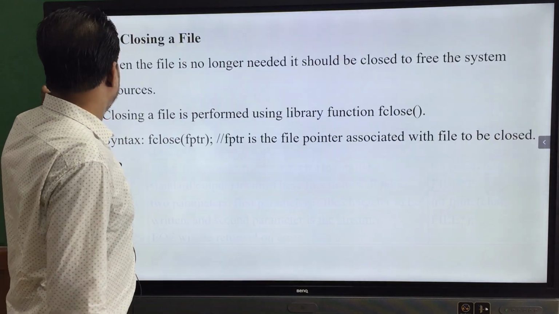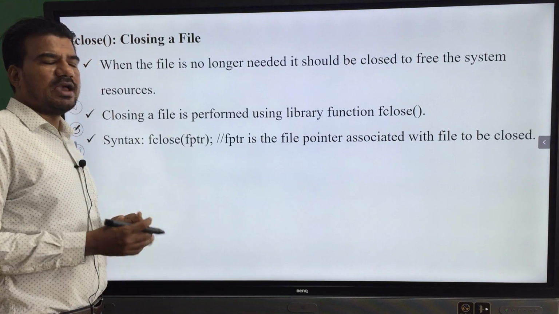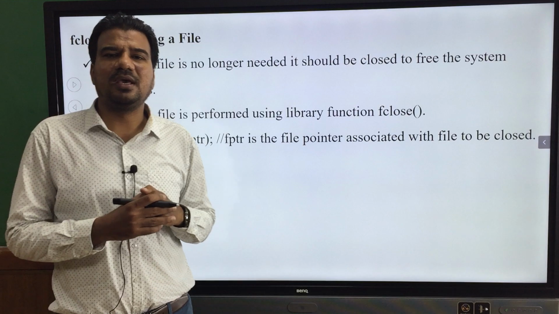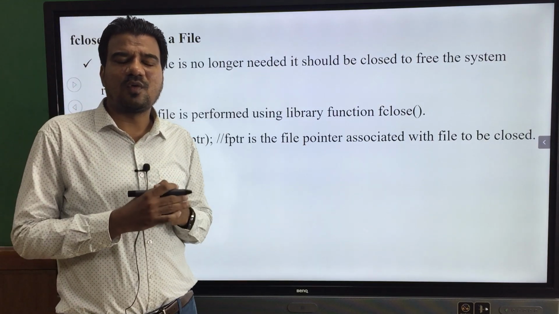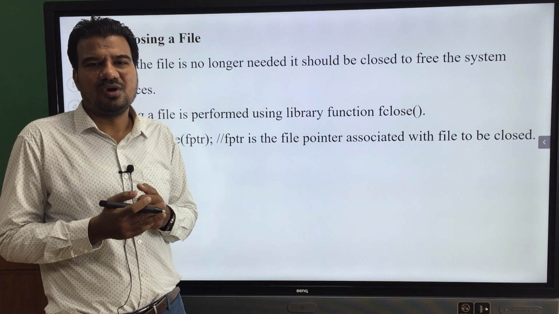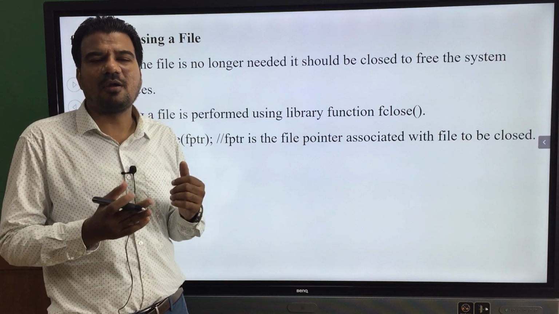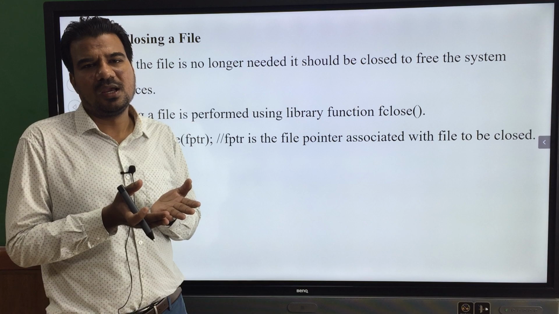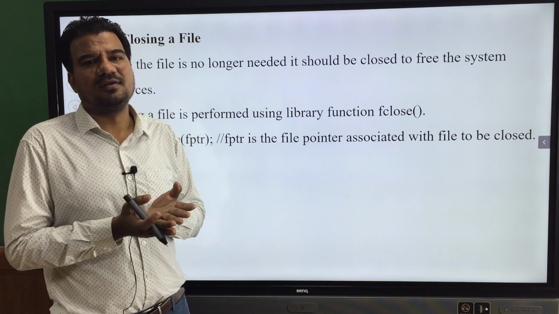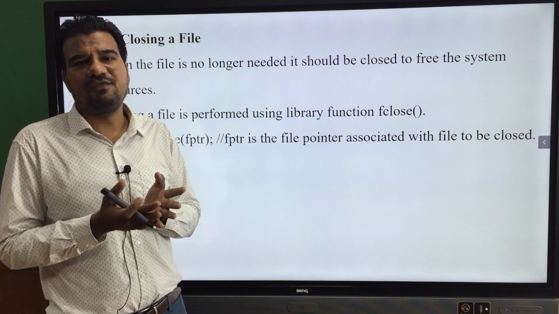Okay, so next, the fclose function. Anytime in your programming, according to your requirement, you are creating a file stream. That file stream creation is nothing but opening a file, to perform input output operations.